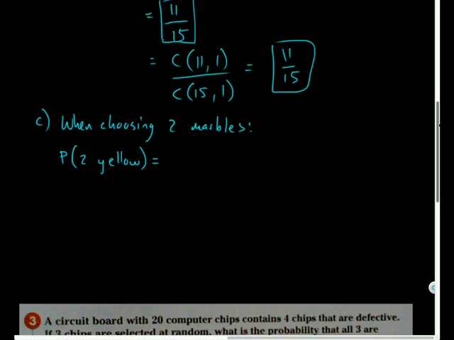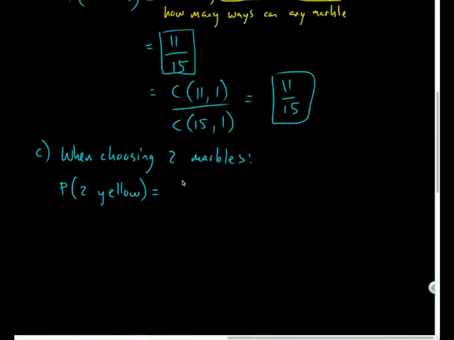So what can we do? We can use combinatorics to represent this problem. There are 5 yellow marbles to choose from, and I just want to know how many ways can I pick 2. That's a combinatorics question. That's a question I would have asked in a previous video, right? So that's going to tell me the number of ways I could successfully get 2 yellow marbles. And then let's put this over the total number of ways I could just pick any 2 marbles. Well, I have 15 marbles to choose from, and there are 2 that I'm picking, so how many ways can I pick any 2 marbles from the 15? So I'd use combinatorics to represent that as well.